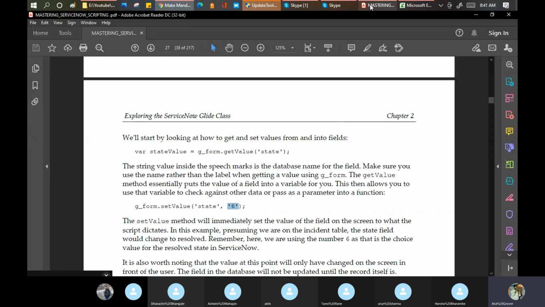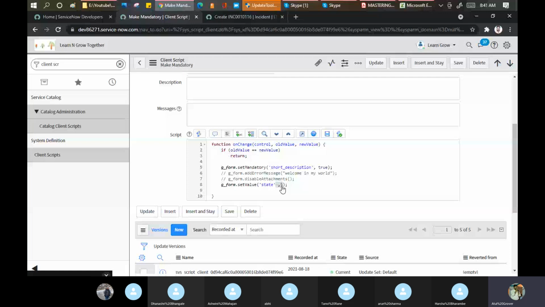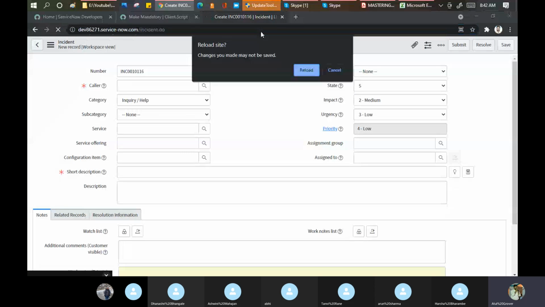What is the code here? In the double quotes it should come, and we mention the single quote. It means it is inserting a new value. So one more example we see here, that in case you want to add any value in the dropdown on the runtime, you can do it by the set value. Let me save this. Reload this page.